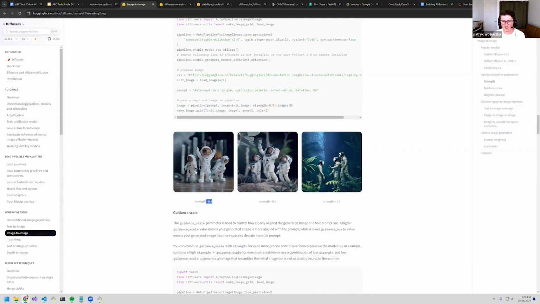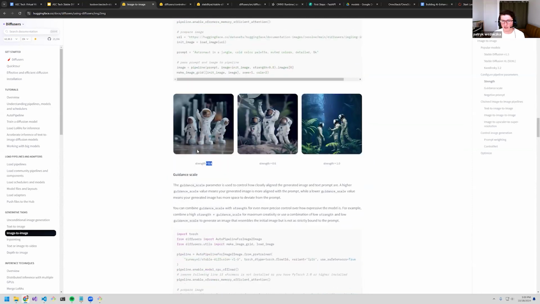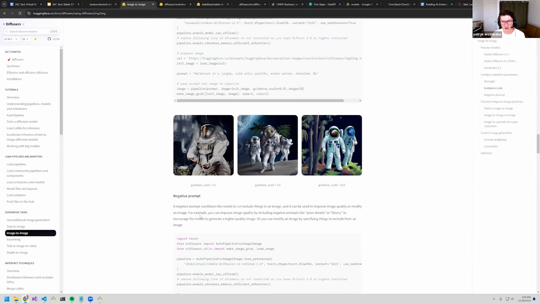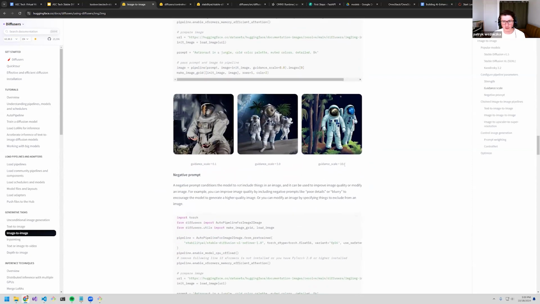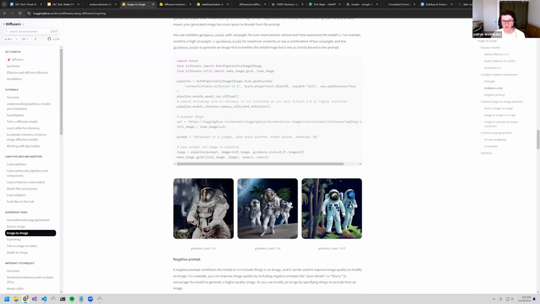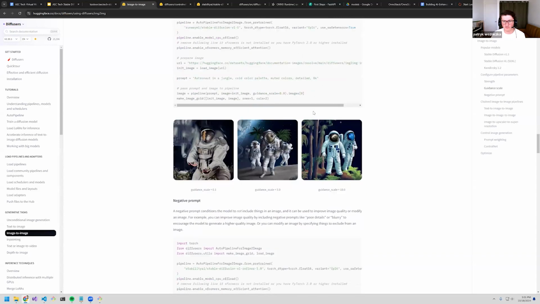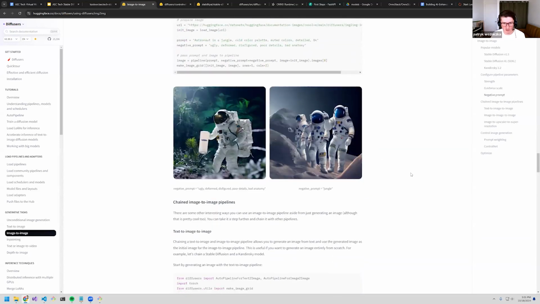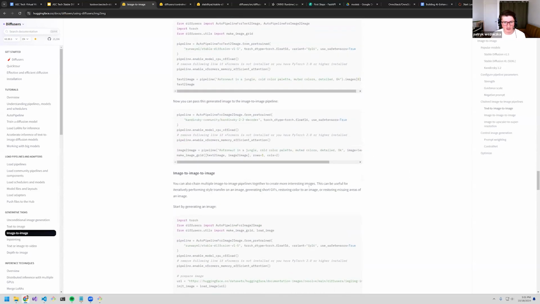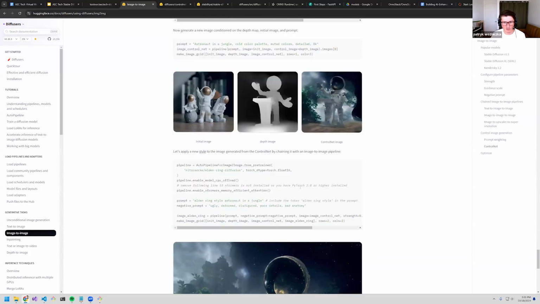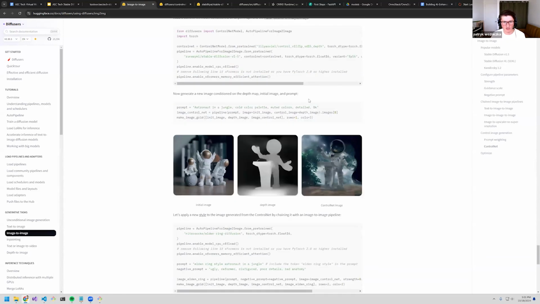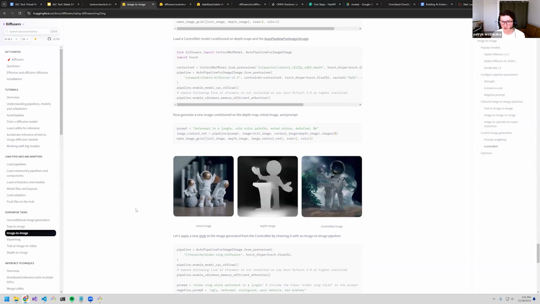The lower it is, the stronger it will try to follow the input image. For guidance scale, it's how strongly it will follow the prompt. So the higher it is, the more the generated image will try to follow the prompt. And then the one that we'll be actually working with today is one of the ControlNet versions, because I